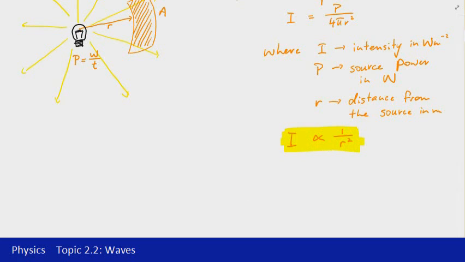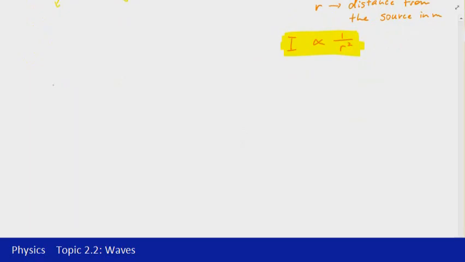So a way to interpret that then is that as the distance from the source increases, we're going to see a change in the intensity. So that distance being that value of r,